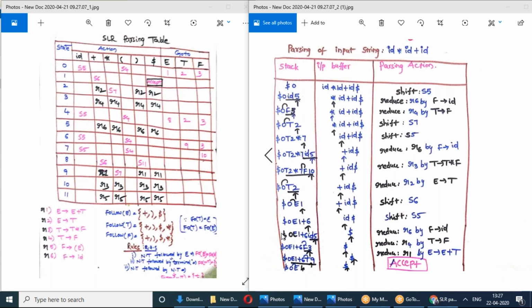R6 means F tends to ID. ID is a single symbol, so ID 5 is replaced with F. Now 6 on F is 3, so we wrote 3 here.